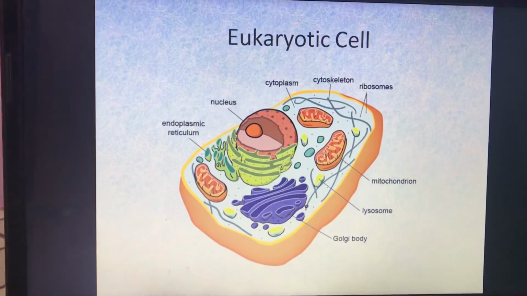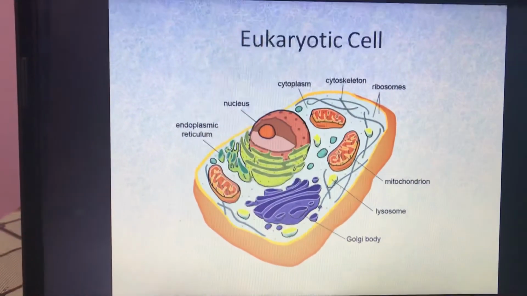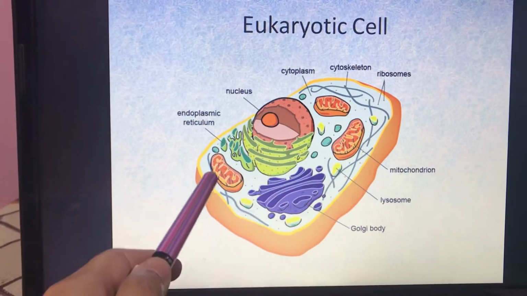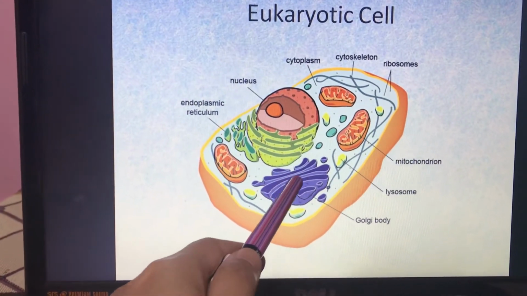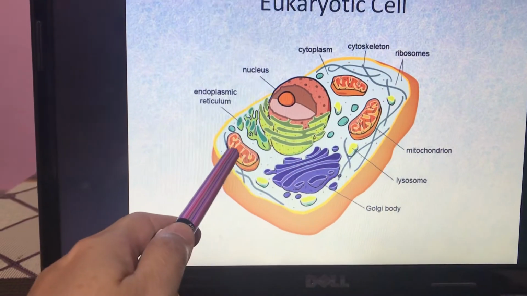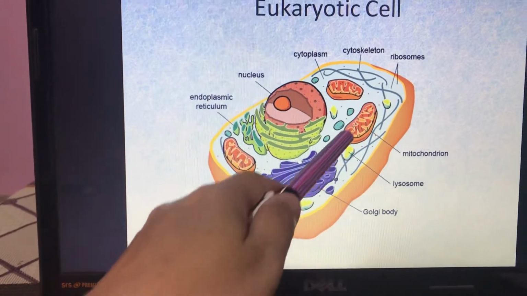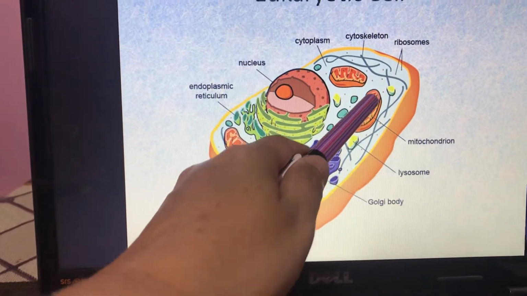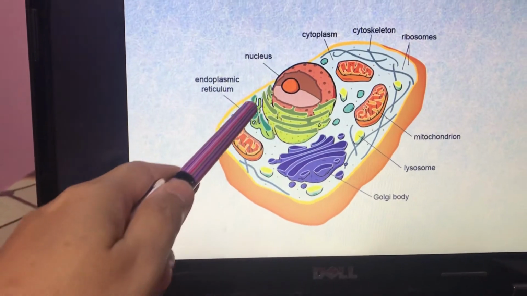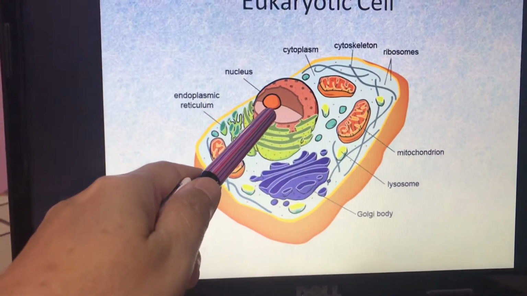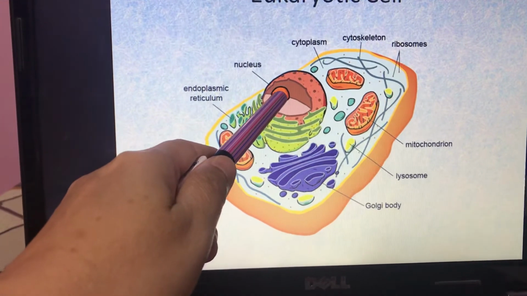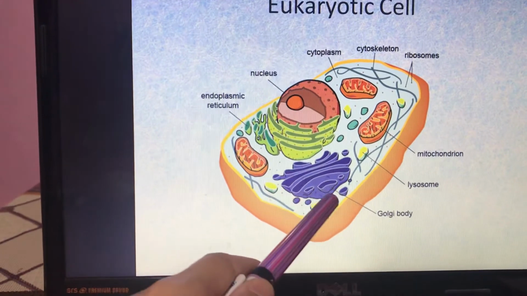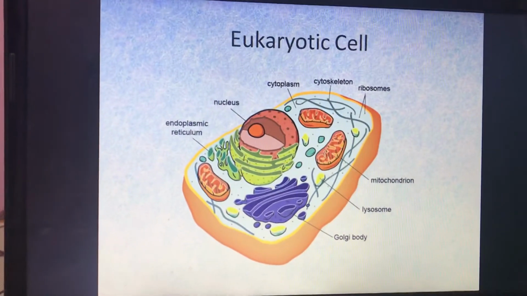Whereas in the eukaryotic cell, eu means new type or advanced type of cell. You can see different membrane bound cell organelles, definite membrane bound cell organelles are present. You can even identify these organelles by now. This is the Golgi body, mitochondria, ribosomes, right? And there is a distinct nucleus here with nucleolus in the center, endoplasmic reticulum, right? So this is a eukaryotic cell.